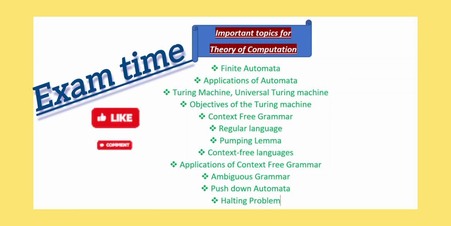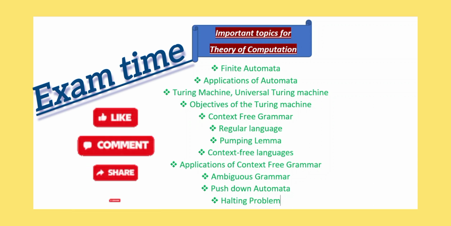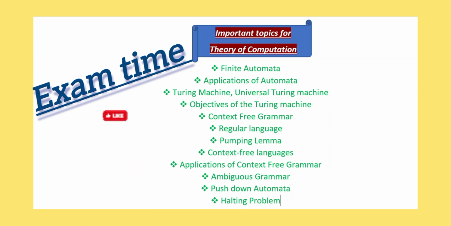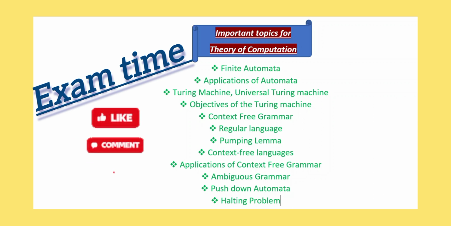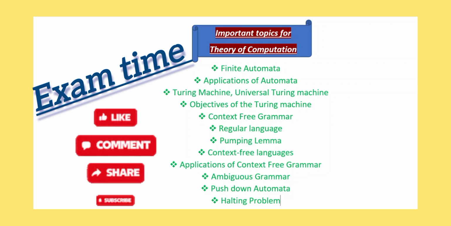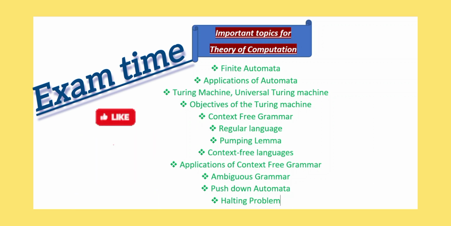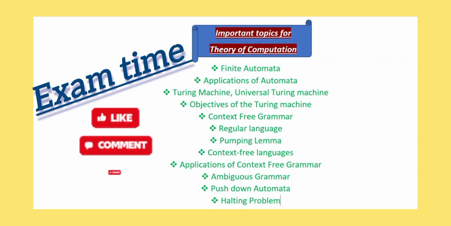Important topics only. It's not compulsory that you will get 100% questions from these topics. But yes, these all are the important topics. Topics are mentioned here as finite automata, applications of automata, Turing machine and universal Turing machine. Both are very important topics. The next is objectives of the Turing machine. Then context-free grammar, regular languages, pumping lemma, context-free language, then applications of context-free grammar, ambiguous grammar, push-down automata, and halting